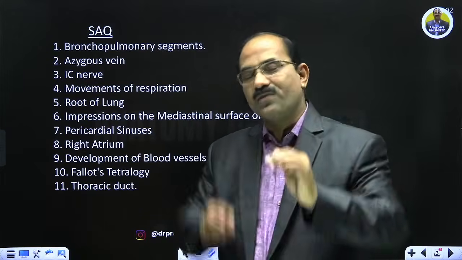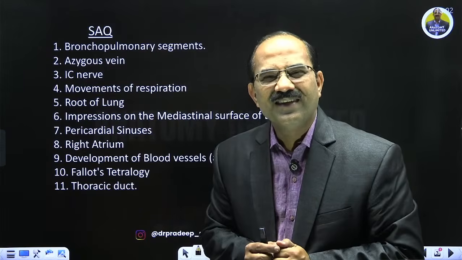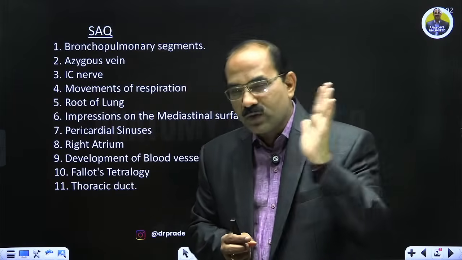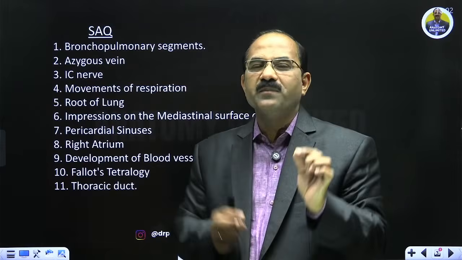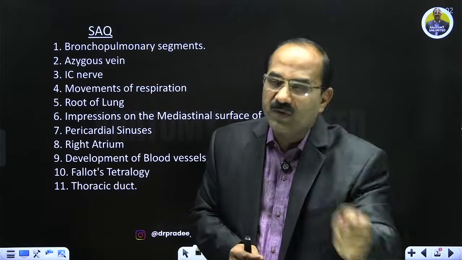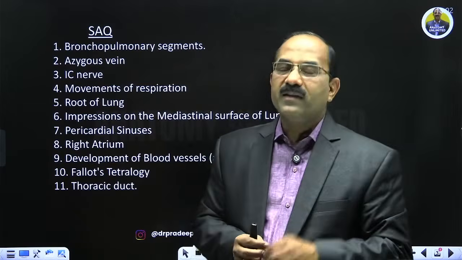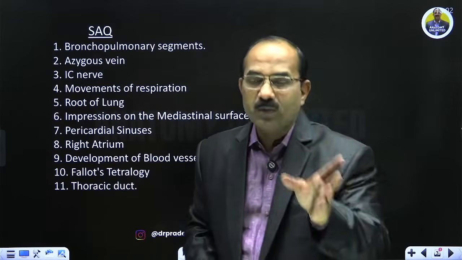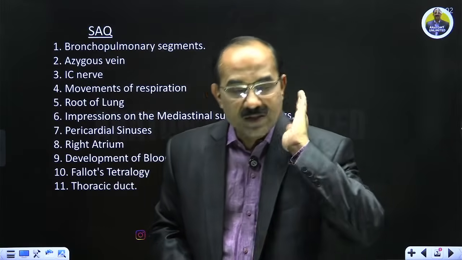Pulmonary stenosis, right ventricular hypertrophy. Yes, in pulmonary stenosis the septum shifts to the right side. Because of pulmonary stenosis there is right ventricular hypertrophy, because of that interventricular septal defect occurs, and then there is overriding of aorta. That's Fallot tetralogy. How is it formed? When the aorticopulmonary septum forms,